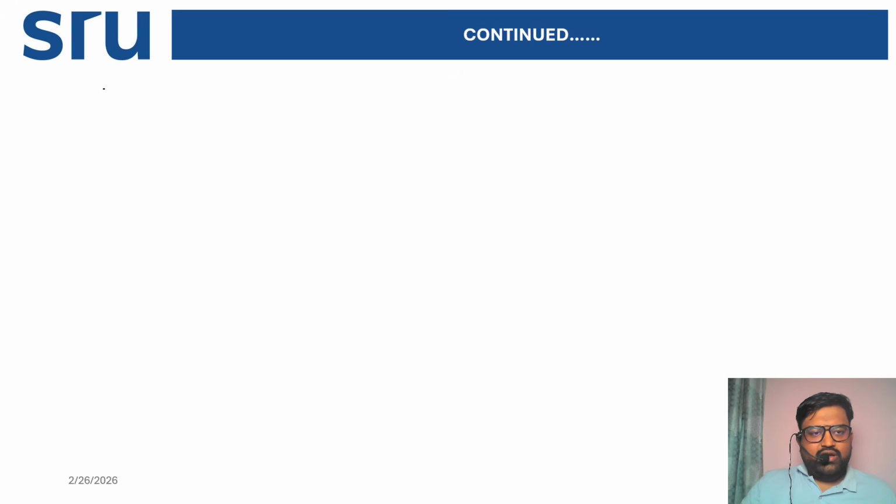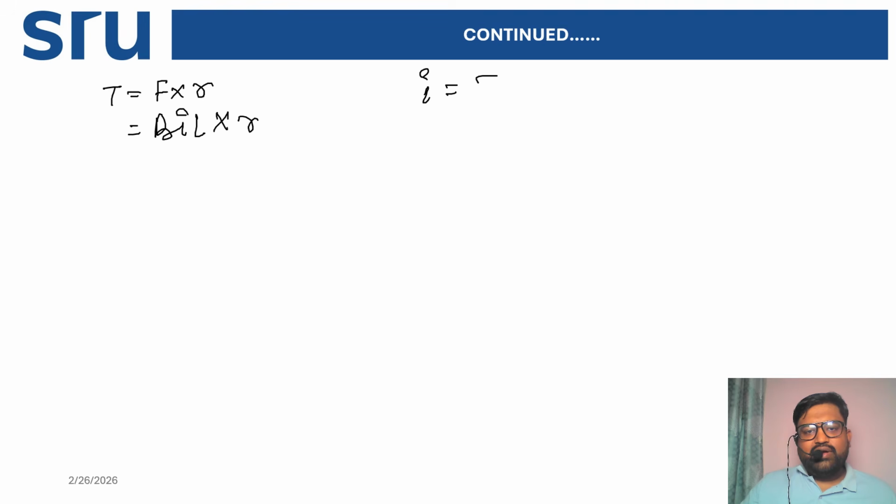Now first, we will see the formula of the torque. Torque, as we already discussed, equals F cross R, where R is the radius of the armature and F is the force acting on the armature. As it is a rotational force, it is known as a torque. Now F we derived, that is equal to BIL into R. Now the point is, this current is not for one conductor, because this current I denoted as the total current